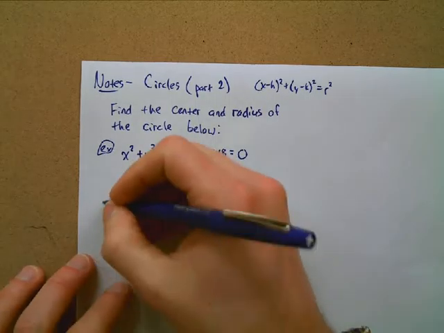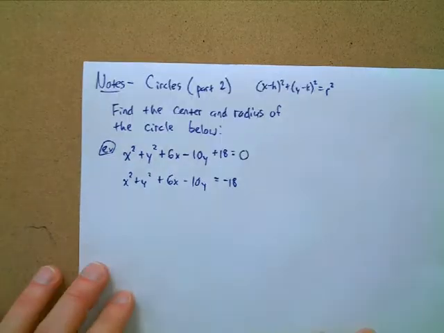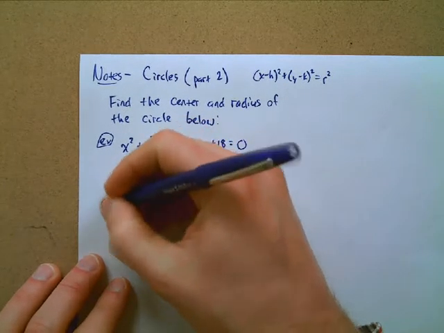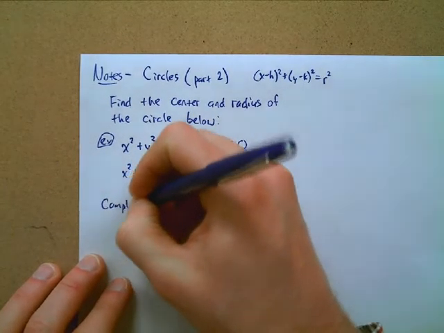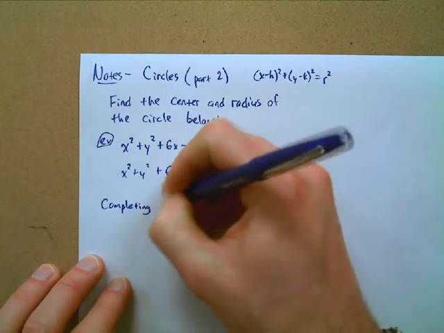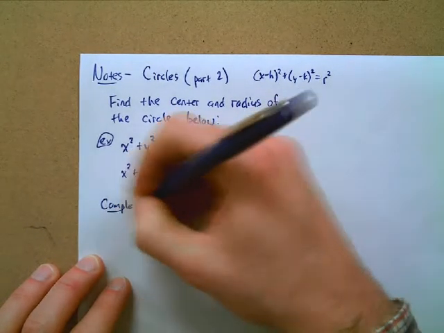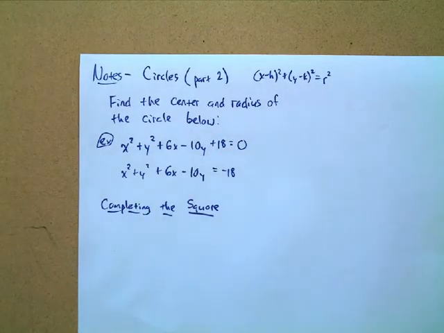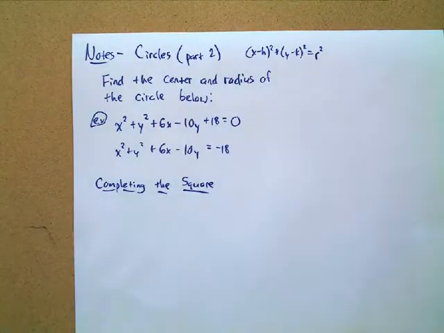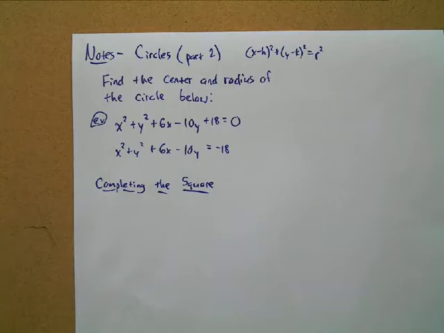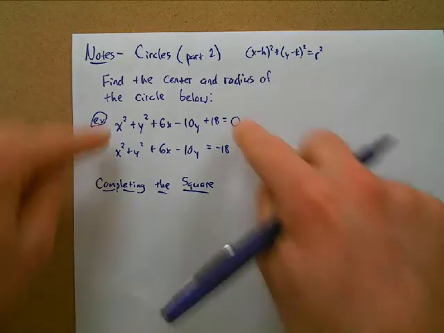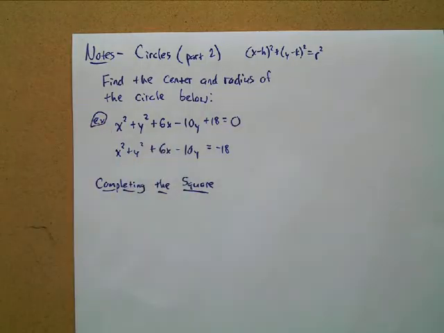But let's jump into a little tangent here of completing the square. This is what's going to help us in our quest to figure out what the center and radius of that circle equation is going to be. But we'll hold off on doing it right in here, because it's a little more complicated than I want to start out with. So completing the square